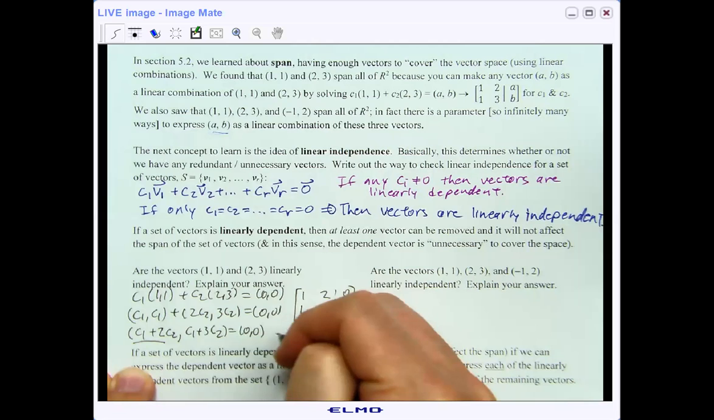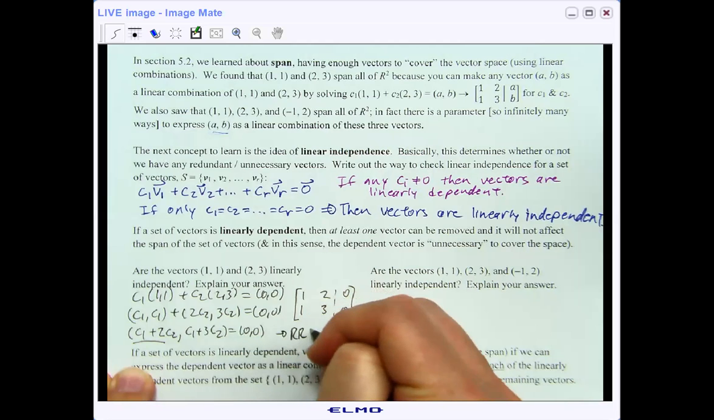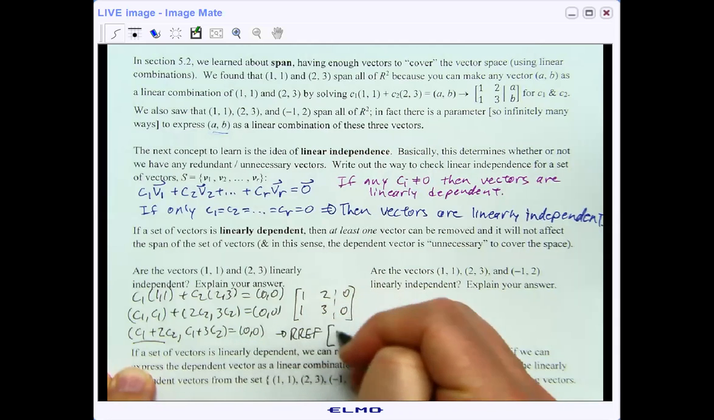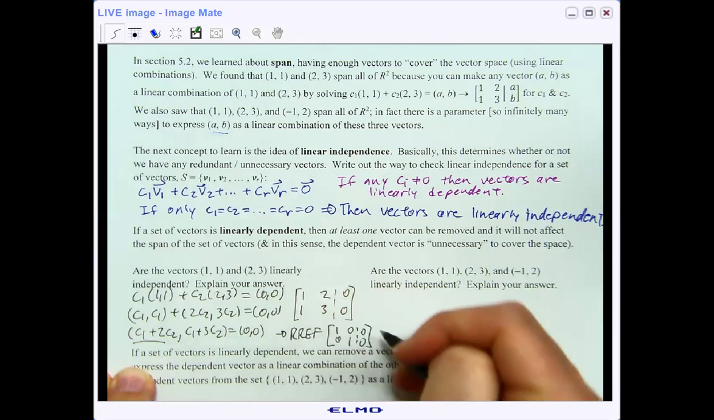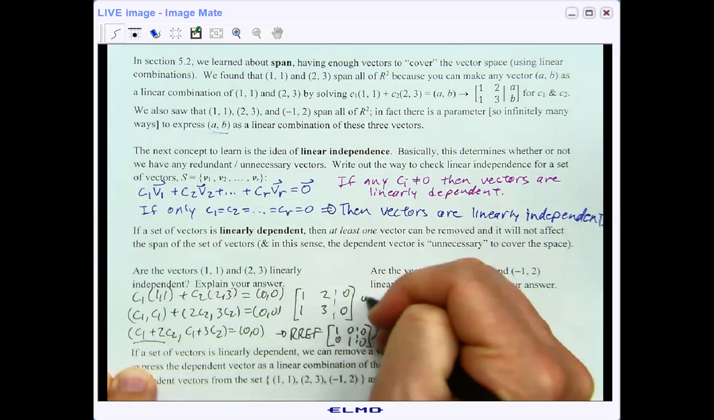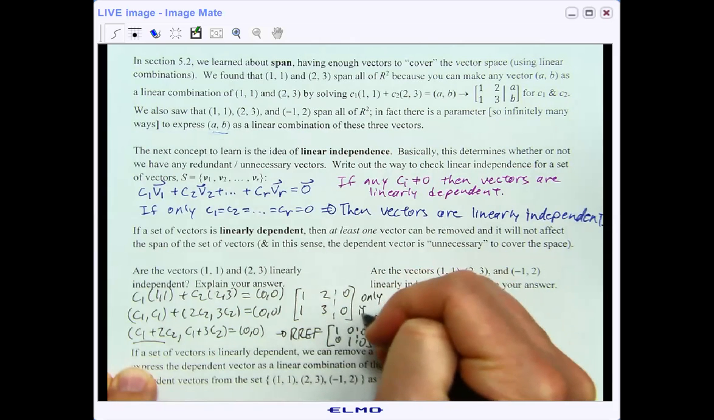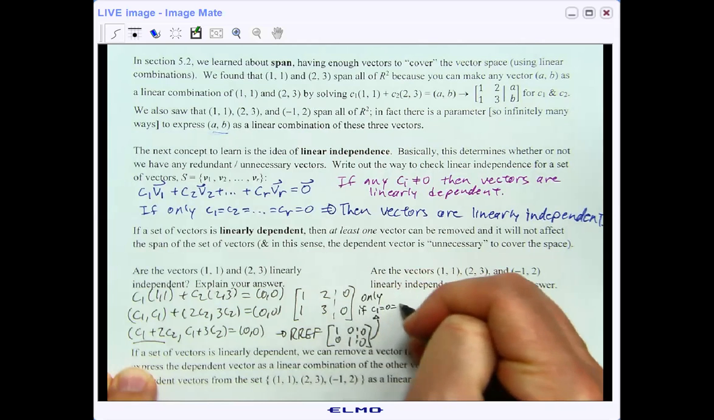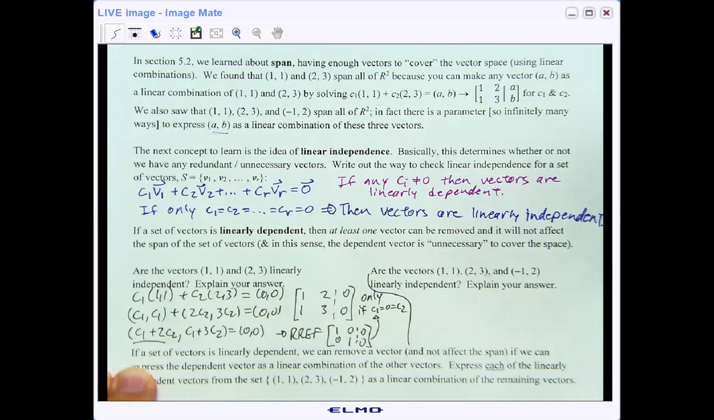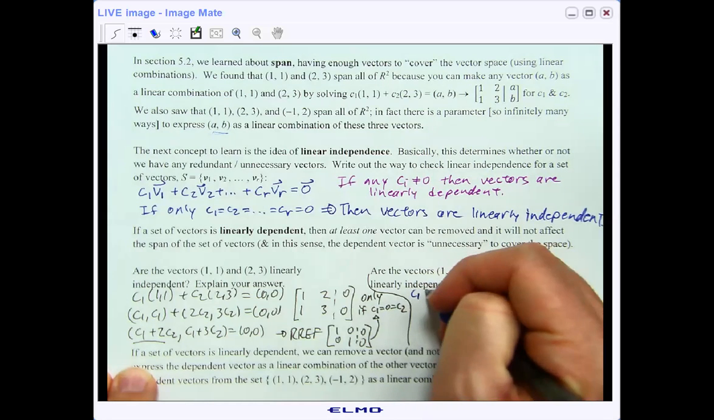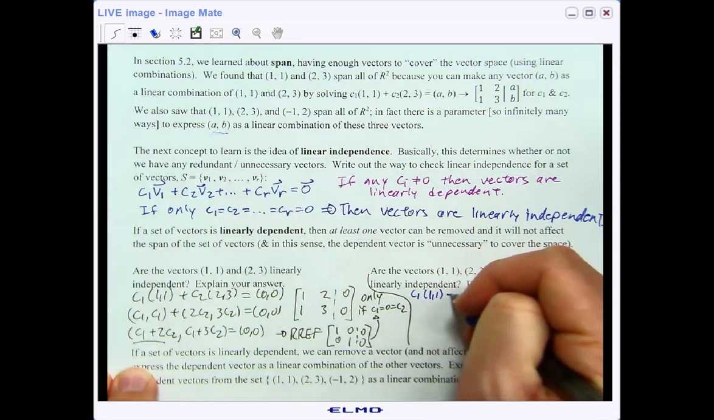If we RREF this matrix, we will get the identity on the left-hand side, showing that the only solution is c1 is 0 and c2 is 0. Now let's check whether the vectors (1, 1), (2, 3), and (-1, 2) are linearly independent. We do the exact same thing and set up the same equation